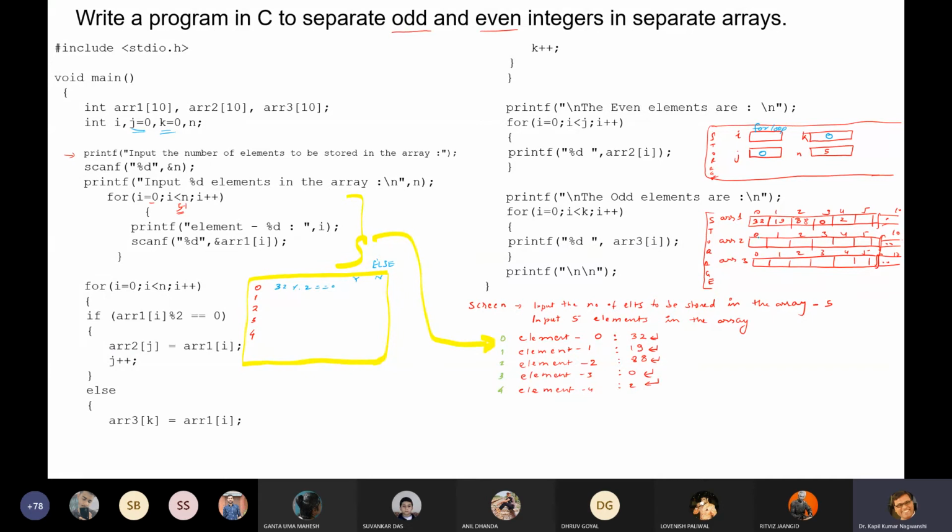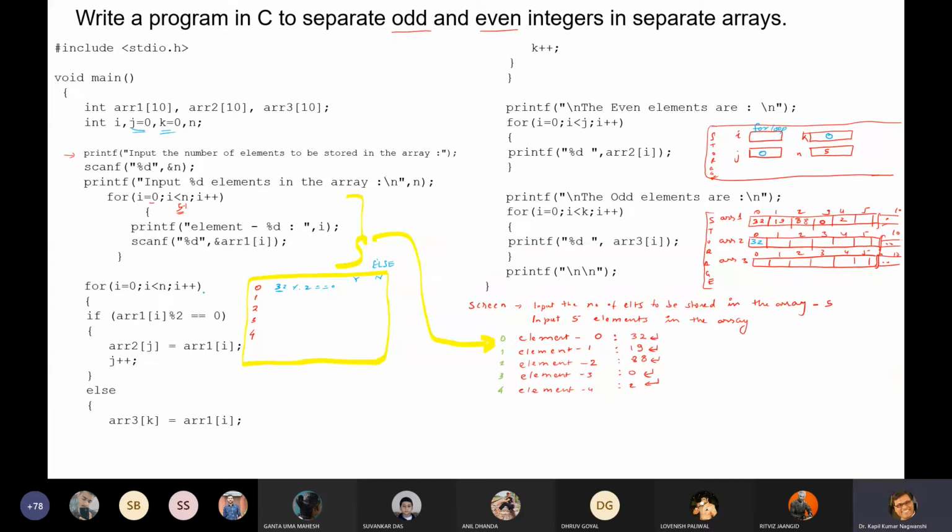What is the value of j? j is 0. Array 2 0 equals to array 1 i. Array 1 i is 32. So now 32 will be stored here. So it will not go to else. Okay. Now come to next.